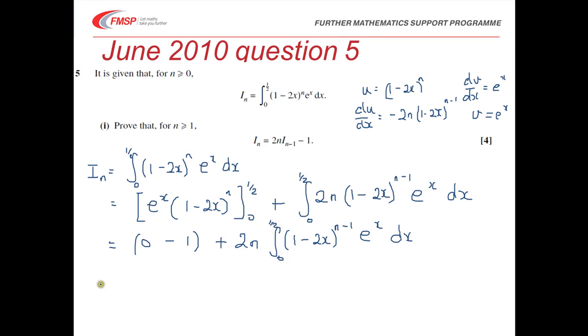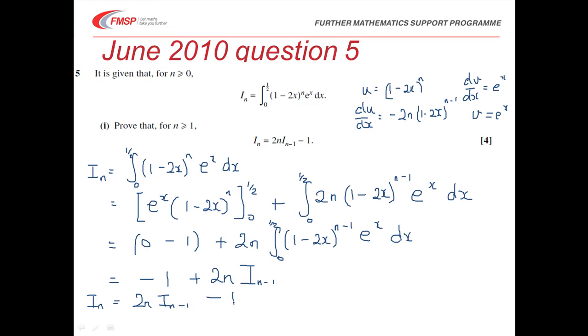Hopefully you can see now that we've got a minus 1 here, and then 2n lots of the integral, but this time the integral is to the power of n minus 1, so it will be I to the n minus 1. So we have now established the result that I of n is equal to 2n I of n minus 1, minus 1,